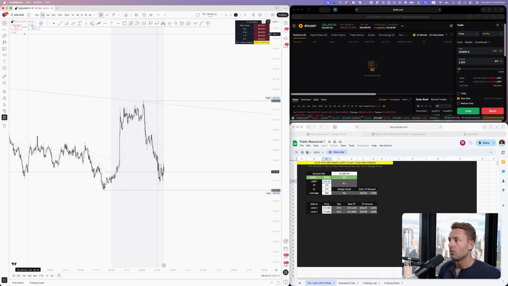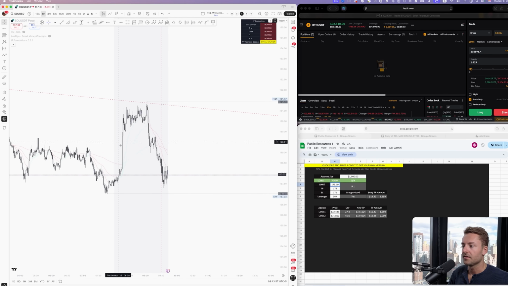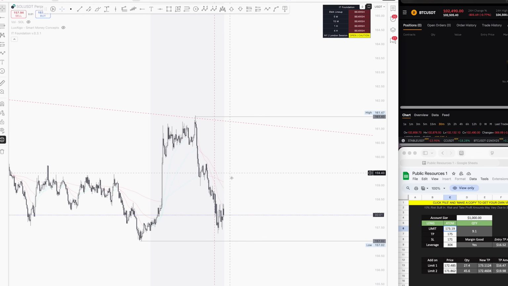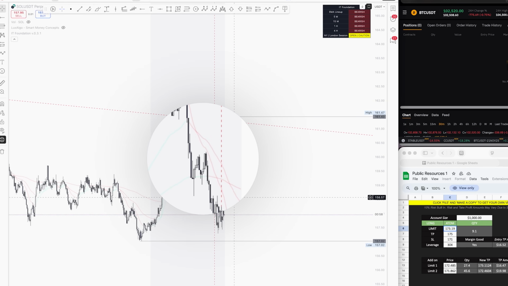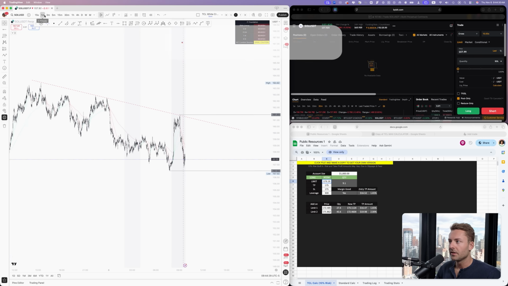Okay, then I also want to have on my chart what's called the IT foundation indicator. And you'll see if I toggle this on, this is going to give me moving averages. So I basically want to use the moving averages and the trend direction to be able to find these dip by values. Okay, so when I'm finding a trade idea, what I'm doing is going down to the 1 minute,